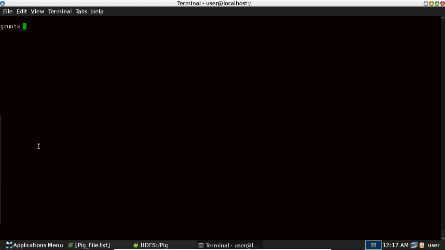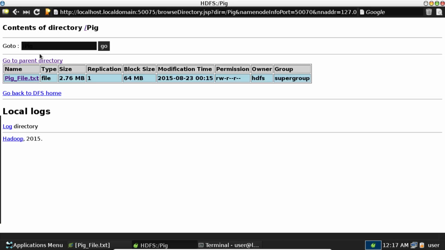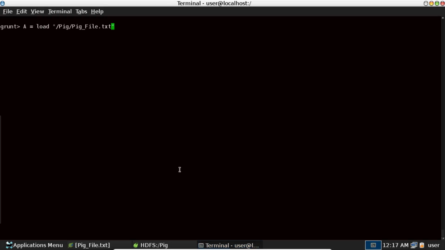Let me quickly create variables like A, B, C, D, E, just for the sake of simplicity. So A equal to, what do I want to do in the very first step? I want to load that particular file from HDFS into Pig memory. So load, what is the name of the file? /pig_file.txt. Let me check. Yeah, it's pig_file.txt, just to make sure that the spellings are right. Using